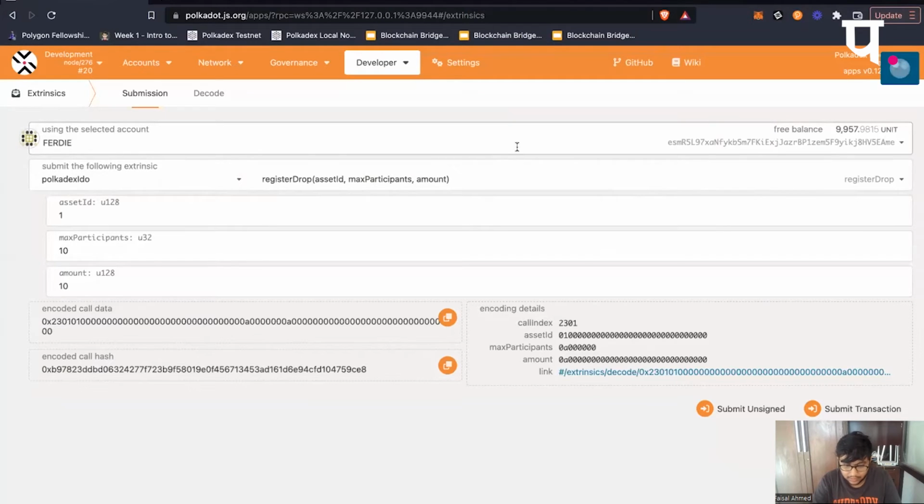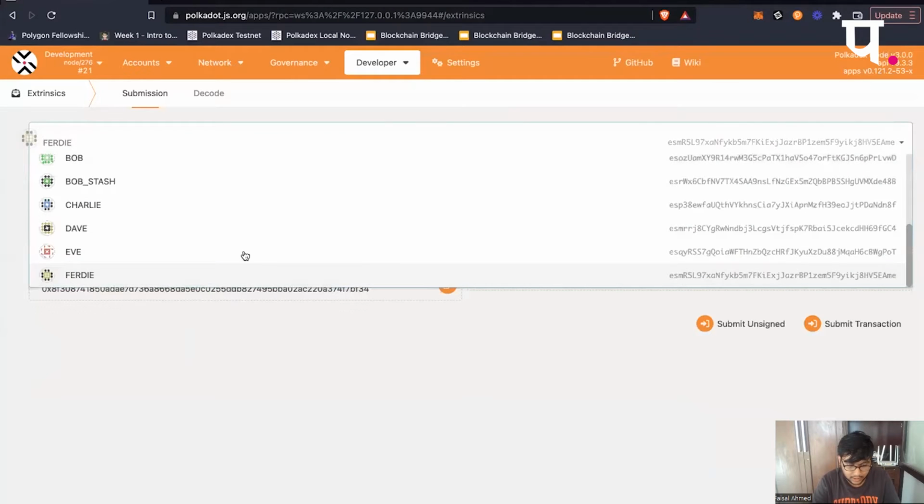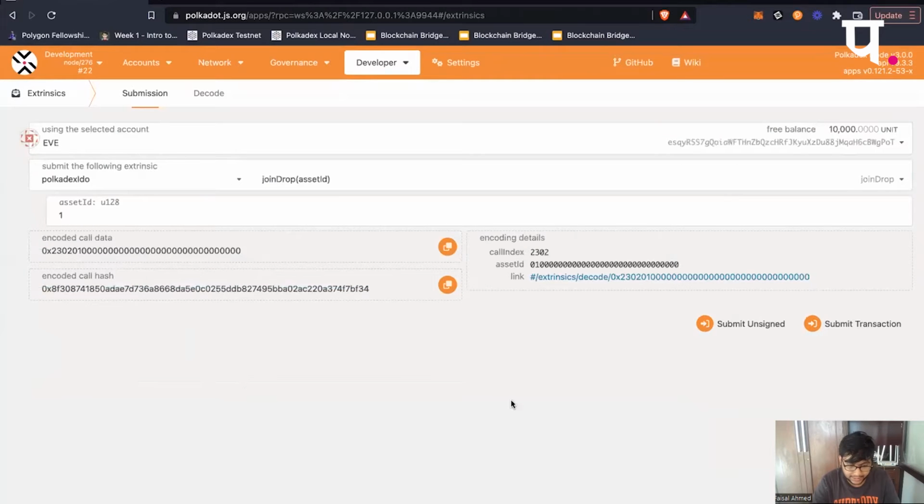Once this is done, I can have other users join in. So we've registered this drop. Now I will have someone join it by just giving this asset ID. We basically registered everything with Bob, so we will do it with Eve, and now we have a user participate in this drop.